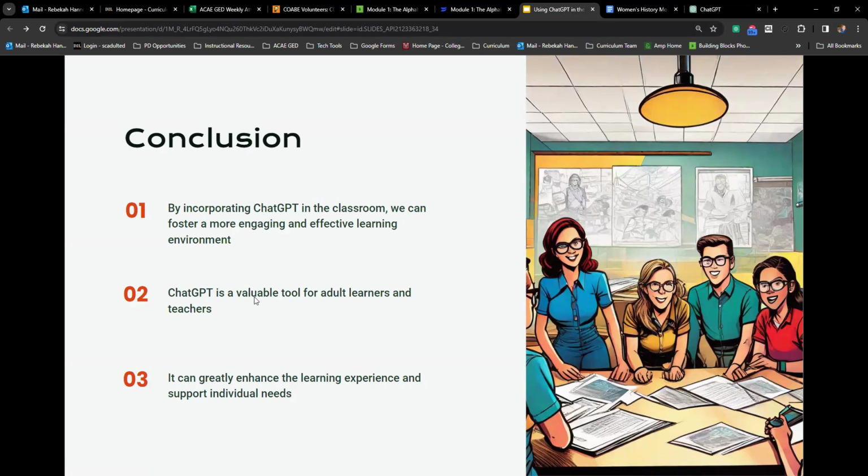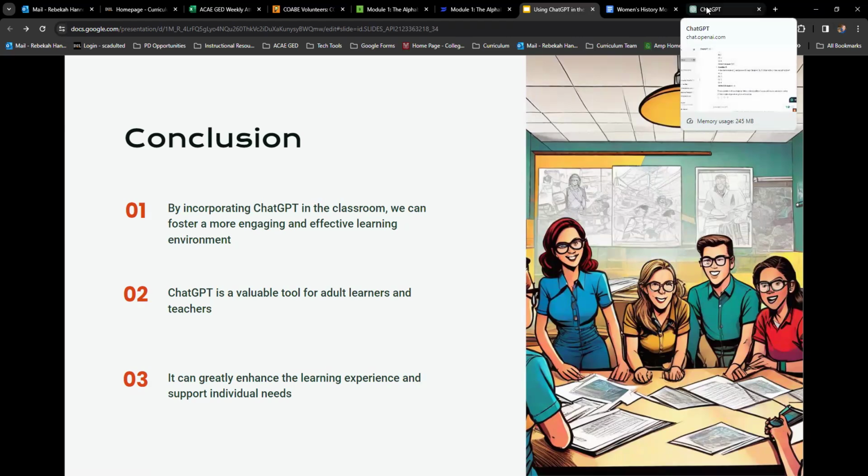I will say this, one thing I did not include in this presentation, of course, there are always drawbacks. As teachers, one thing I would tell you with ChatGPT, you do have to look at the answers that are generated. ChatGPT seems to love the answer C or B if you're doing multiple choice. So you may want to go in there and just make sure they're not all C, make sure they're not all B. We also, of course, need to go in and double check the content that's being presented there. That is definitely something, of course, for any tool that you're using, but something that we have to do on the front end there.